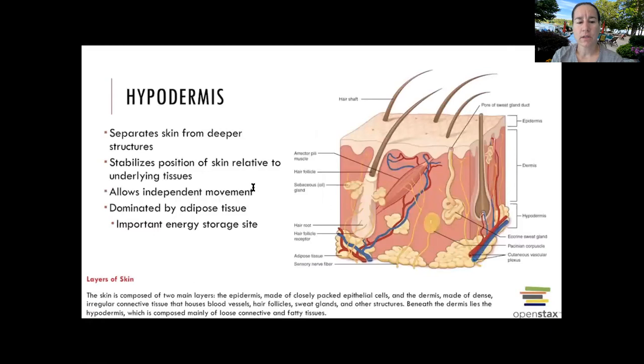All right, so what's underneath the dermis? And that is going to be hypo, because hypo means below, hypodermis, and that's going to separate the skin, again, from anything else underneath the skin. So there are skeletal muscles found underneath the skin. Hypodermis is in between that and the dermis. It is going to have lots of,